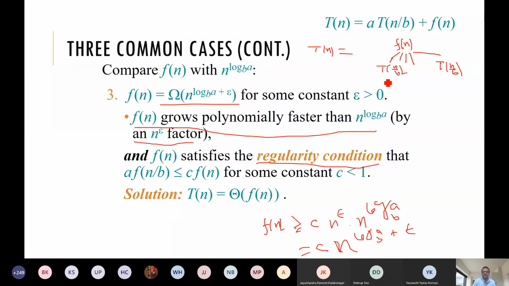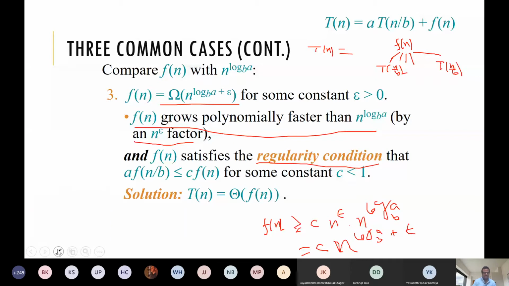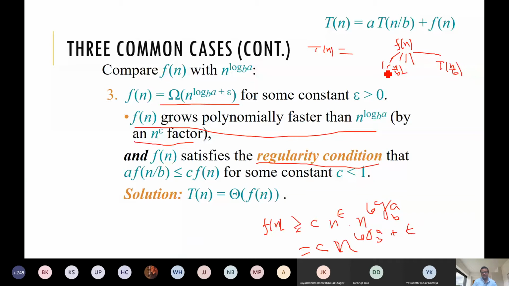So then again the merge cost will be f of n by b at this level. Instead of T we have f over here, f of n by b. This is also f of n by b, and then again it will be reduced to how many? A many, and what will be the size? n by b square. Like this we continue. Now what is the cost for this level? f of n,